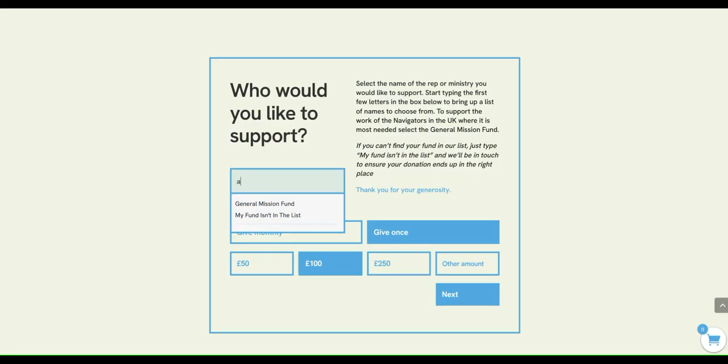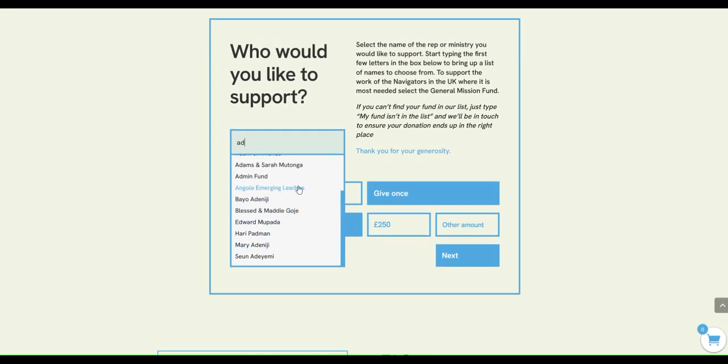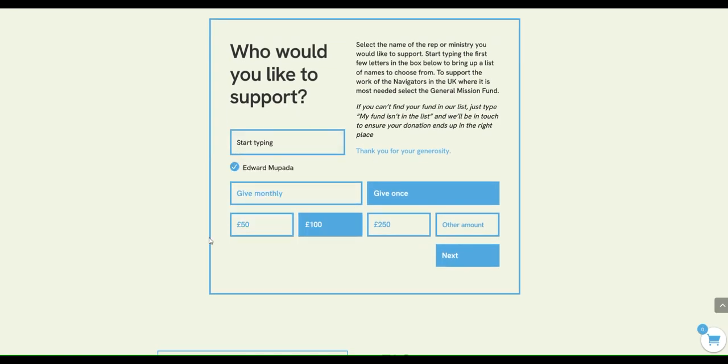The reason that this list is even here is that we have built into the back end of this website a live lookup to this charity's Donorfy instance, and it's returning all of these names. These names are funds that this client has, that are active, and so every one of these is a direct fund connection to Donorfy. I'm just going to pick Edward there now that I've had that list open. If I move forwards now to page 2 of the flow,